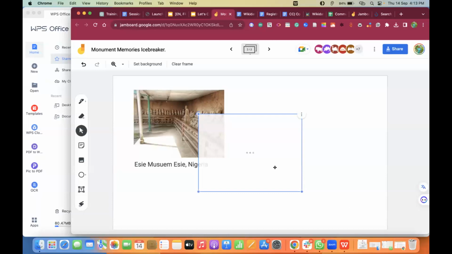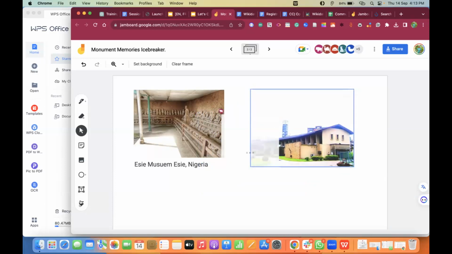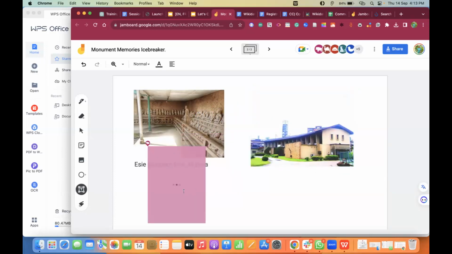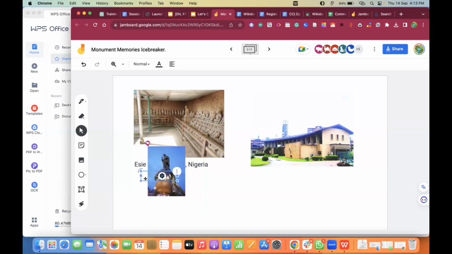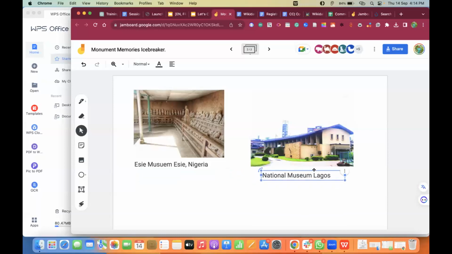Once you click on insert, you see the image pops up, and you can then give us the name of the museum. So I'll write the name of the museum, and it is National Museum Lagos. And once you're done with this, you fix it here.